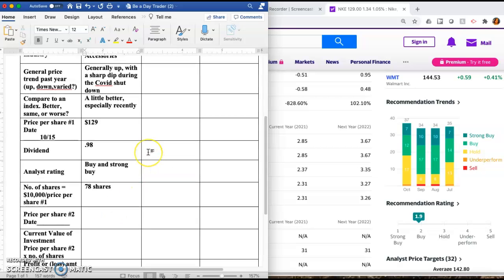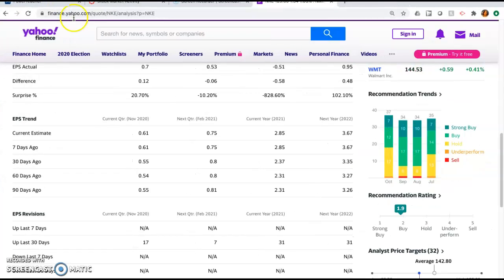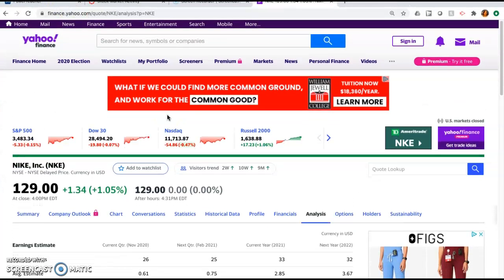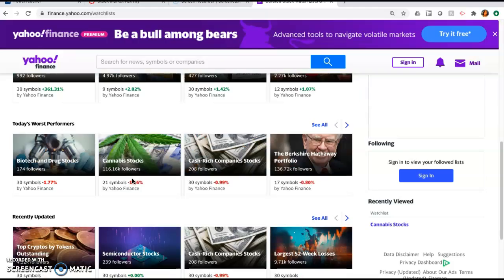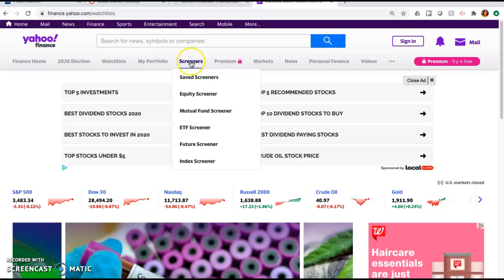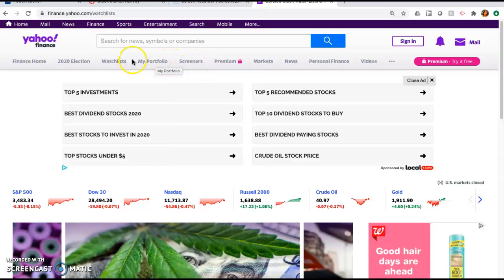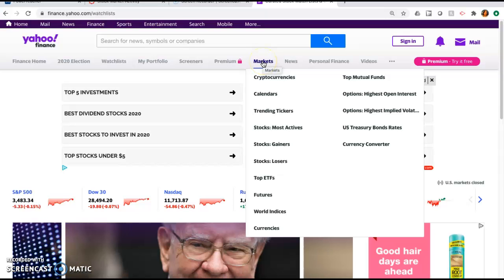All right, some other ideas on how to pick some stocks, because there's a lot of good stocks out there that we may never have heard of. So you can come up here on finance.yahoo.com. You can look at these watch lists. They have some good information that might help you choose some hot ones. I think it's under markets. Okay, this is where I like to go. If you go under markets,